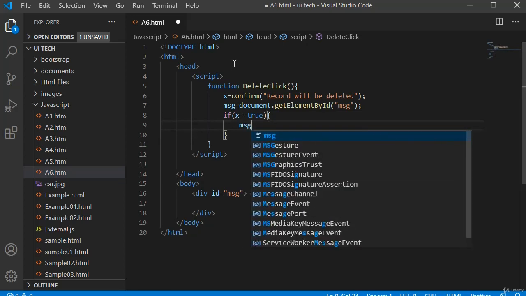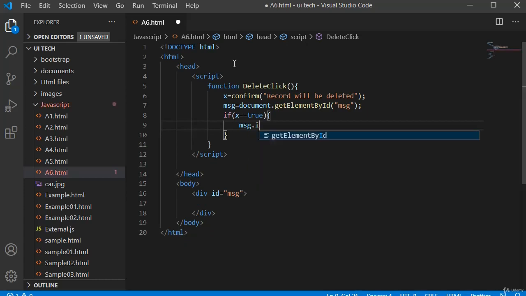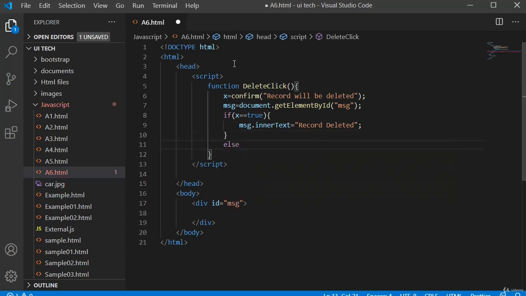I will use msg.innerText is equal to "A record deleted". Then I will use else.